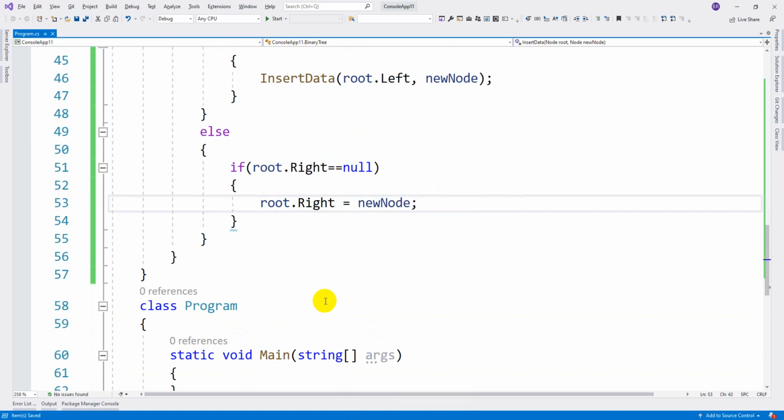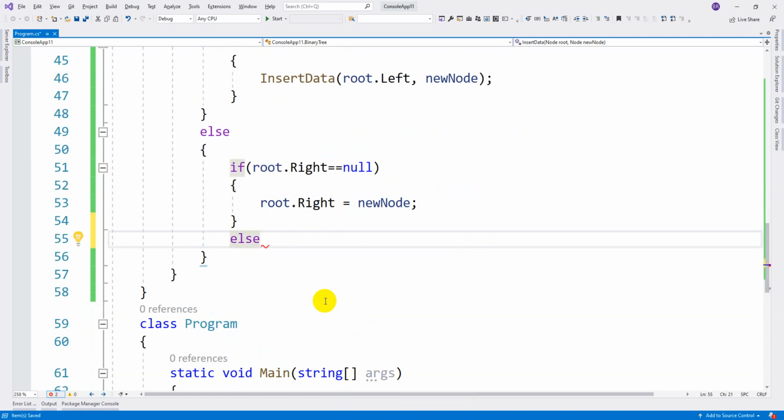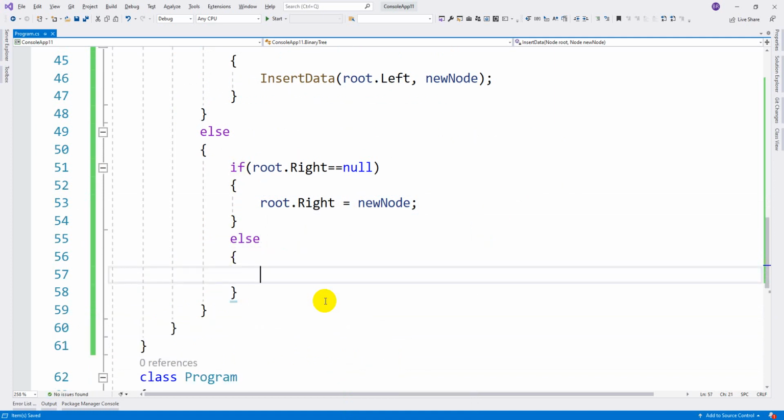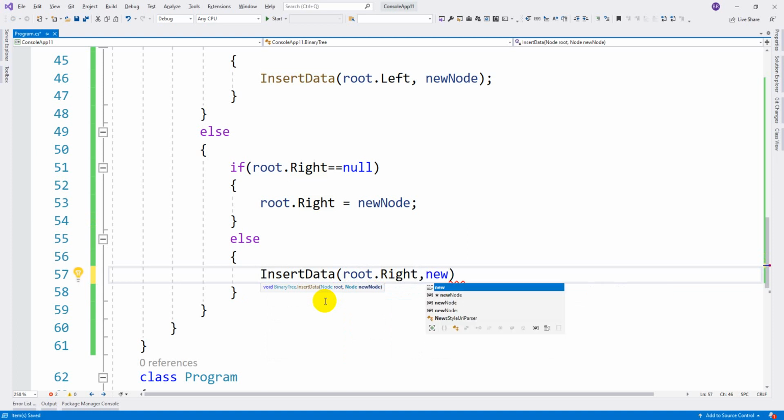If right is already filled, then let us call the recursive method again, insert data of root dot right, passing the data that we are sending. That's it guys.